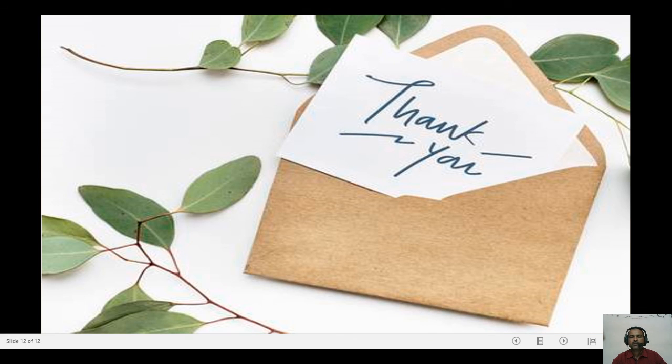Thank you friends, and this completes your unit 5 and the last session. You just have to practice the schematic diagrams. If you want good marks, you have to practice the schematic diagrams and write down the construction and the working principle of all these different types of rotary compressor.